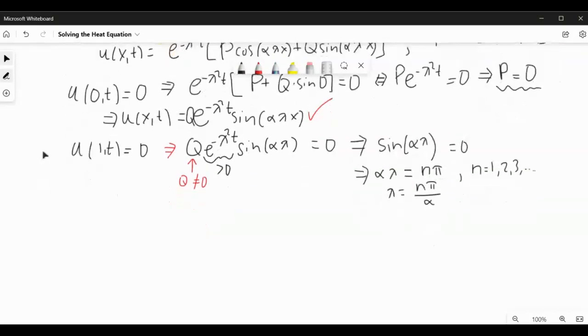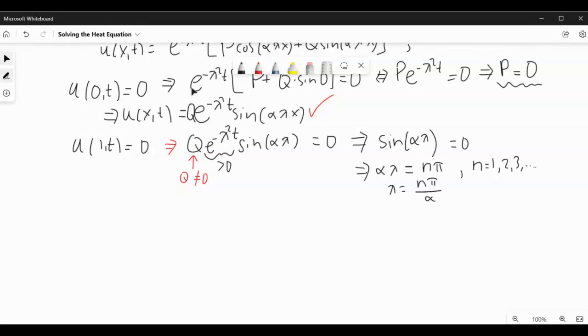And so we can once again edit our function. You will notice that lambda is actually a function of n being equal to n pi over alpha. Okay. And so because of that, we can also index the function u of x,t in terms of n. In particular, we can have u sub n of x,t equal to q sub n e to the negative